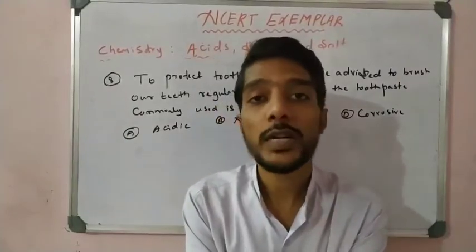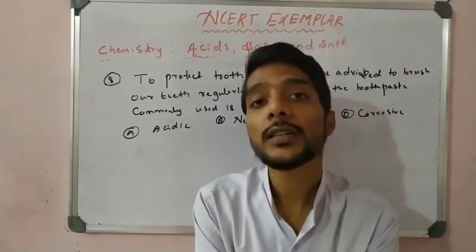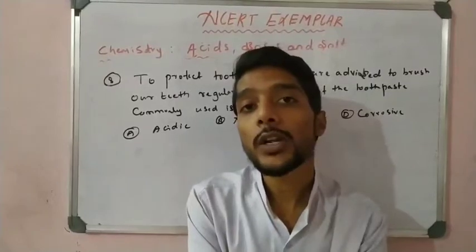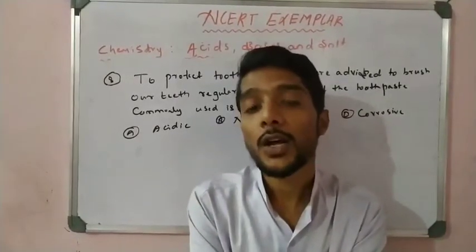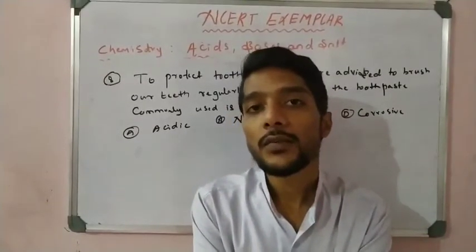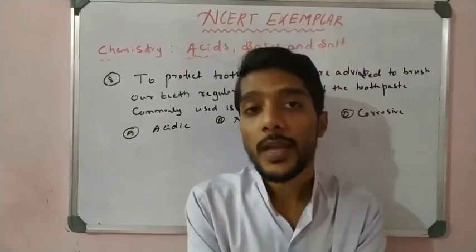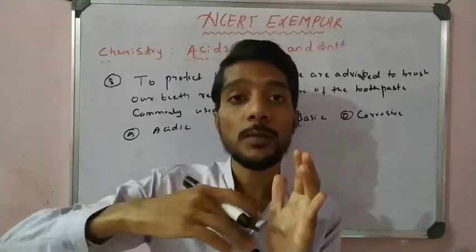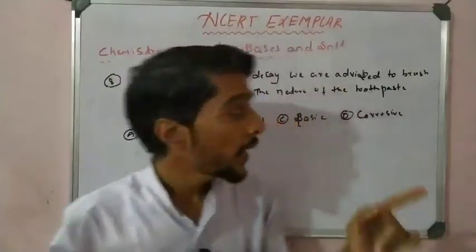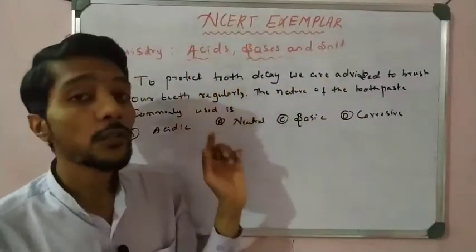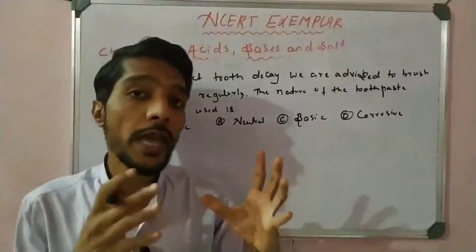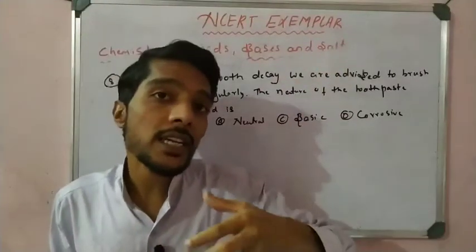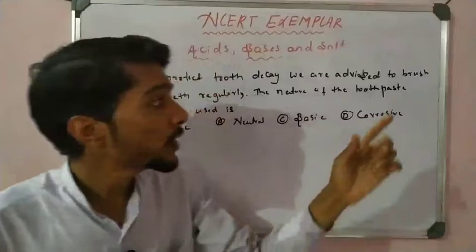Okay, decay your teeth. To prevent the teeth from decay, you have to remove that acid formed by the bacteria. So how do you remove the acid? We know the neutralization process. If the acid is more, we can lessen the acid concentration by adding a base. So we have to stop our teeth from decaying because of the acid. We must decrease the acid and increase the base, which means we must brush here.